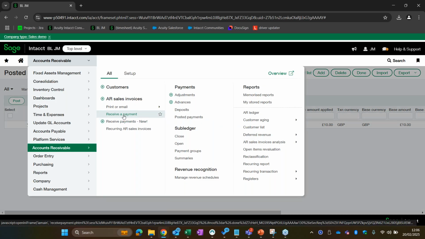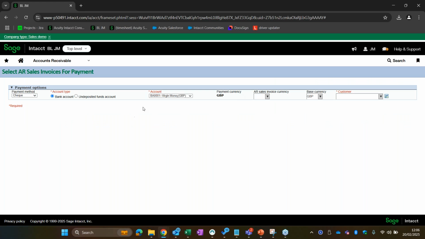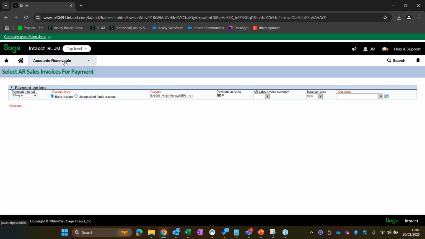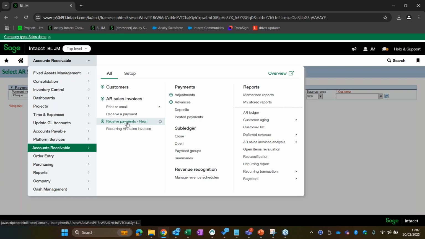It's this one here that's effectively going to be made redundant going forward. So again, just as a heads up, if you do use this menu or you're used to processing in here, just keep in mind this is going to be retired within the next few months, so start to look at